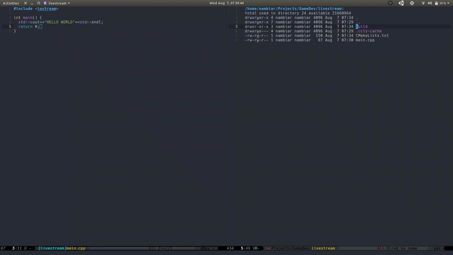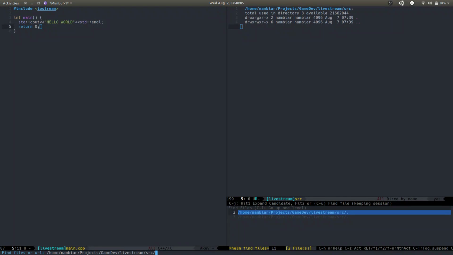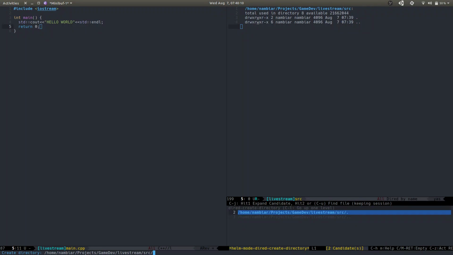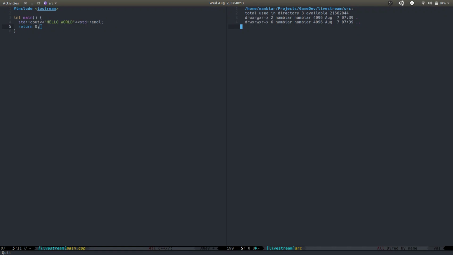We should be splitting our project into multiple little modules, and let's keep all of our actual code within source, right? And source is going to have its own CMake, but we'll get there. So the idea is to split the engine into multiple smaller modules, right? So let's start with the most basic module. Let's create a